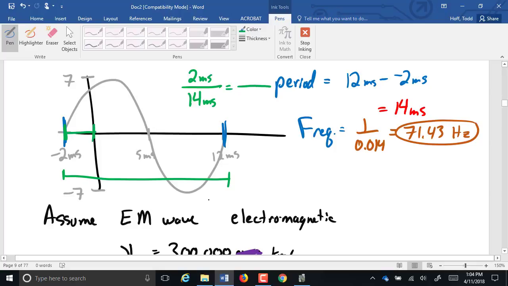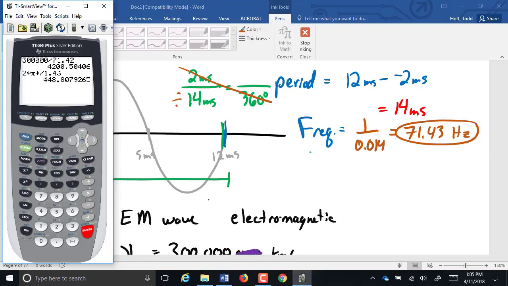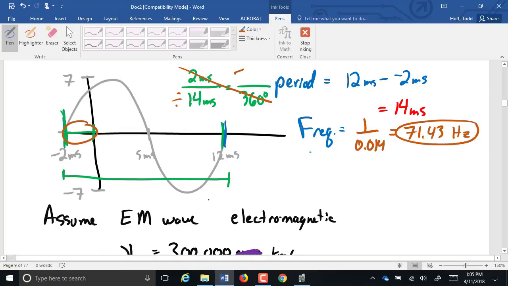A full wave is how many degrees? 360 degrees. So how many degrees is our phase, or this piece? We just cross multiply and divide. It is a simple proportion. 2 times 360 divided by 14 is 51.43